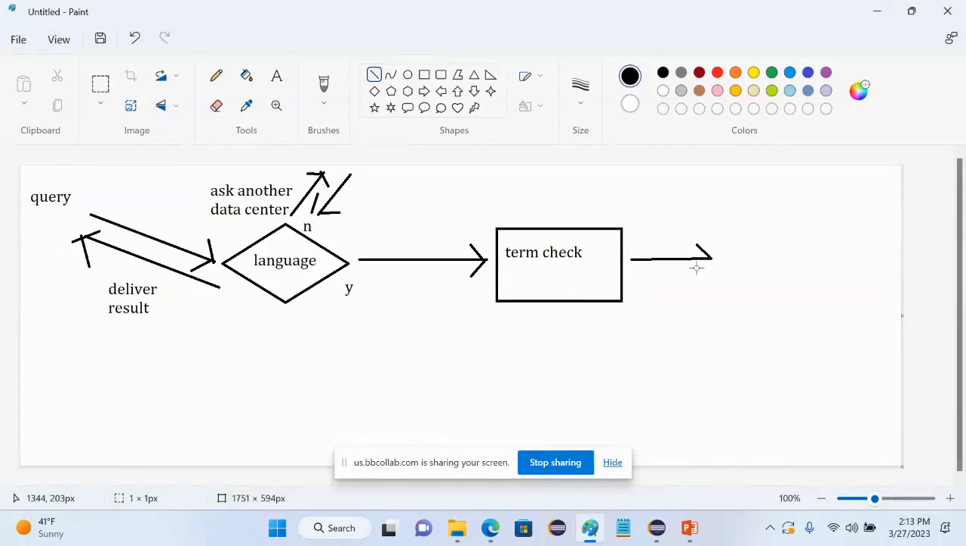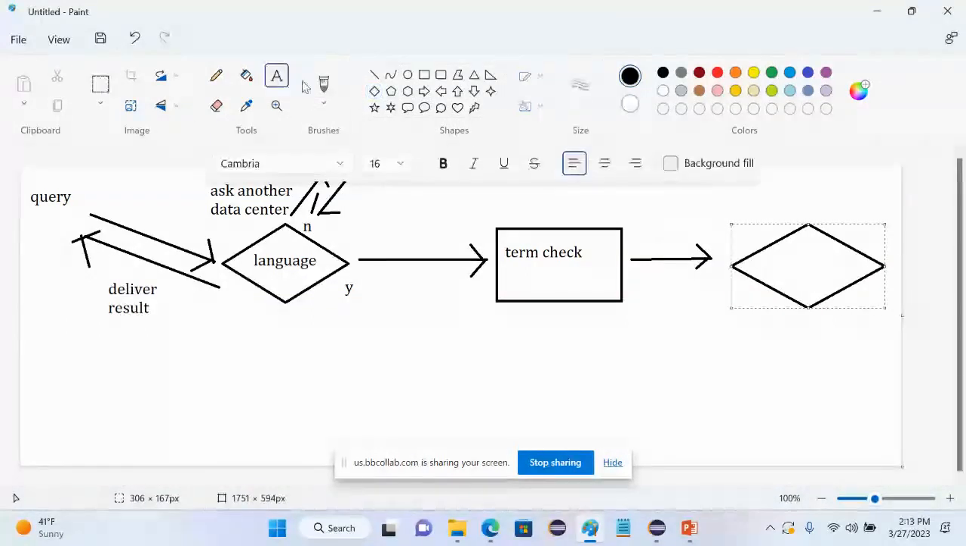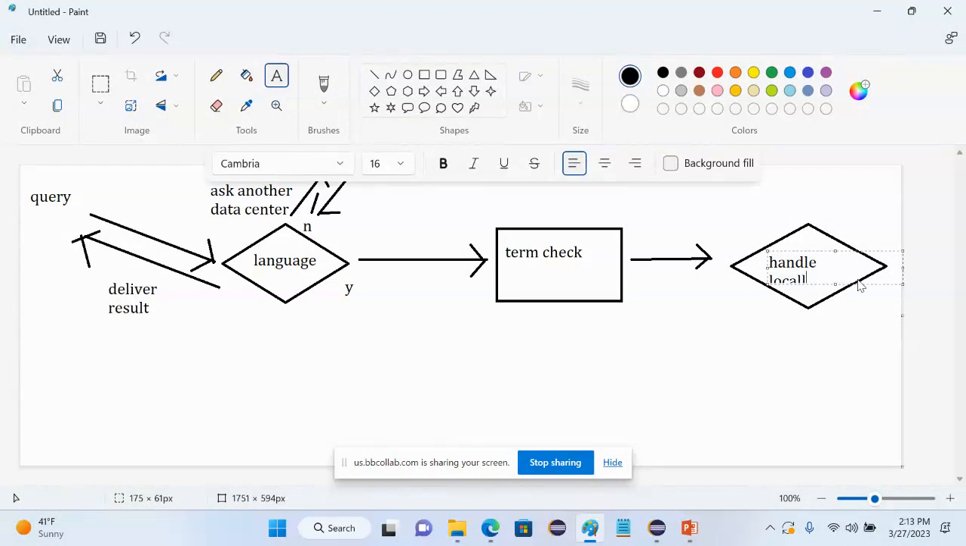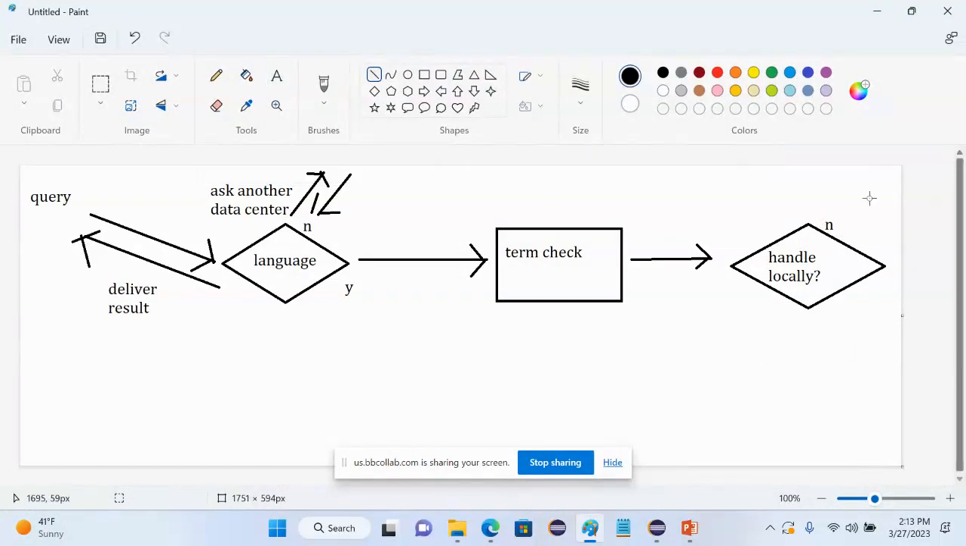So the next stage is going to ask, and we'll do another flowchart diamond here, and we'll ask handle locally. And either it gets handled locally or it doesn't, right? Once again, if it doesn't get handled locally, kick it off to some other data center, say, yeah, we can't handle this. Or if we say yes, then